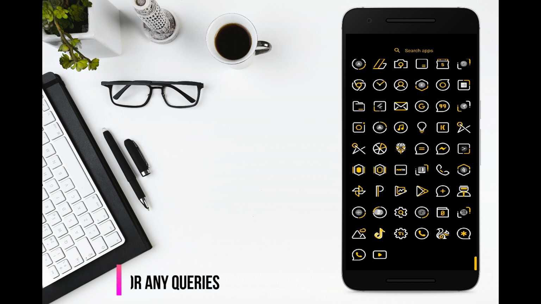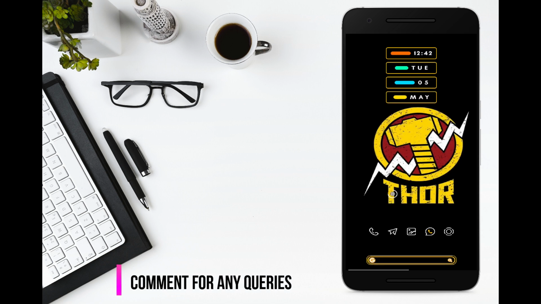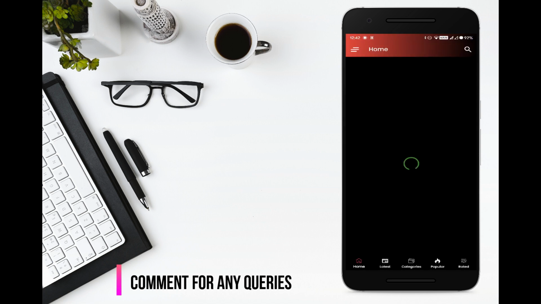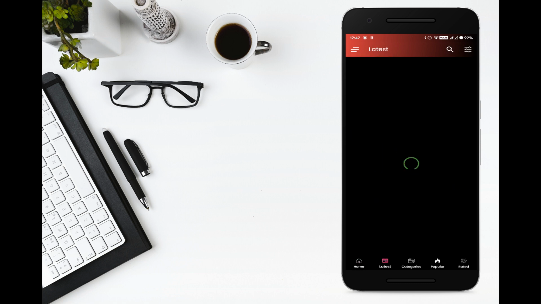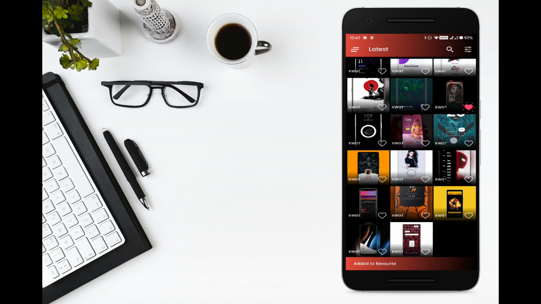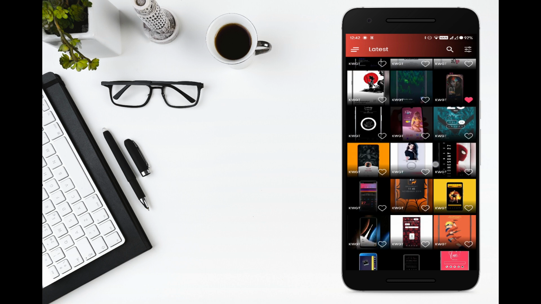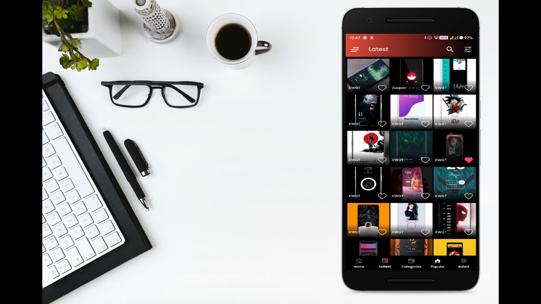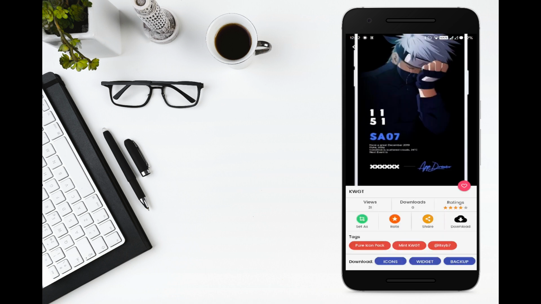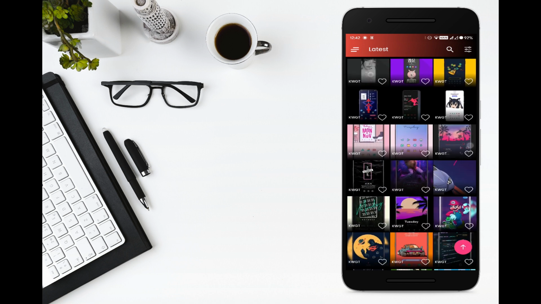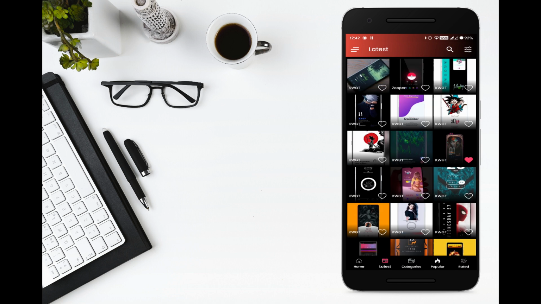Well, let me explain again what Screeny is exactly. Screeny is an app which consists of many home screen setups with their backup files as well. All you need to do is select any setup which you like, download the wallpaper, the icon pack and the backup files, which you can extract and just restore, and that will do the job in less than 5 minutes. You can see that there are many setups already available and the setups will be updated regularly.